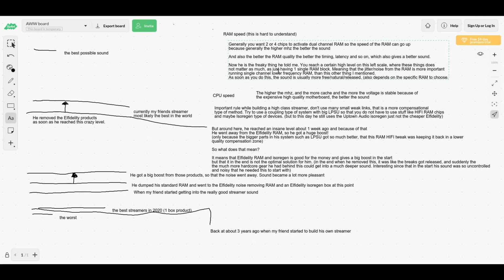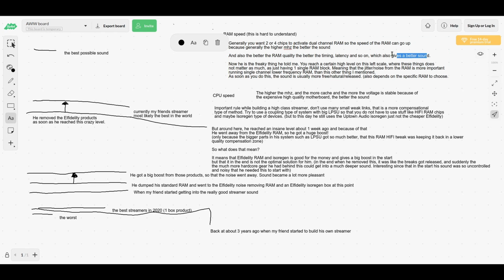Now, something completely new that totally blew my mind, which I didn't really understand until he told me this about a week ago. He told me that this rule still applies, the one at the top, generally, until you reach a level around this area here. When you reach this level, suddenly we have to stop thinking about capacity, but we have to think about quality